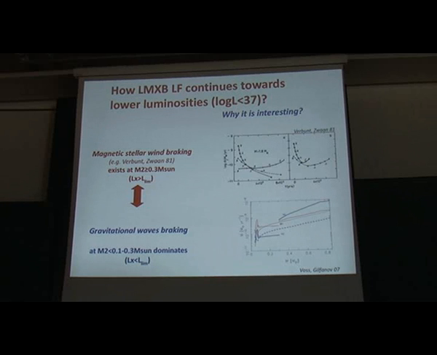For example, one of the phenomena which we might observe is the transition of so-called magnetic stellar wind braking to gravitational stellar wind braking in low mass X-ray binaries. I briefly describe what it means. Usually, people are discussing magnetic stellar wind braking as a mechanism to keep the Roche lobe in contact with the size